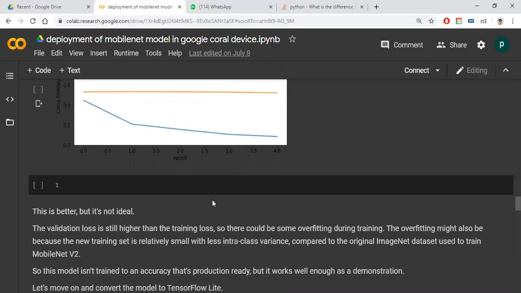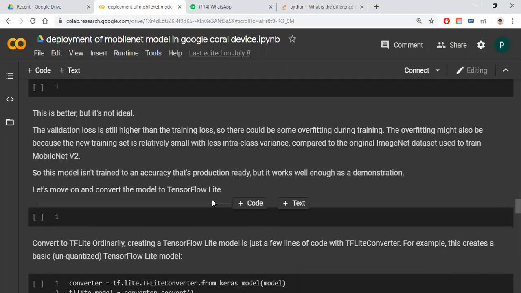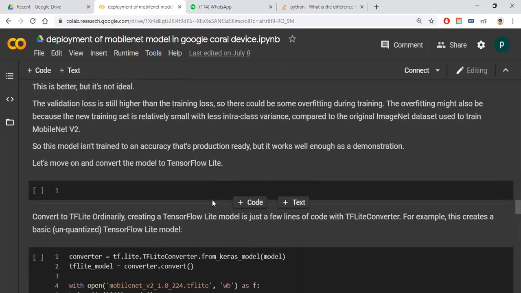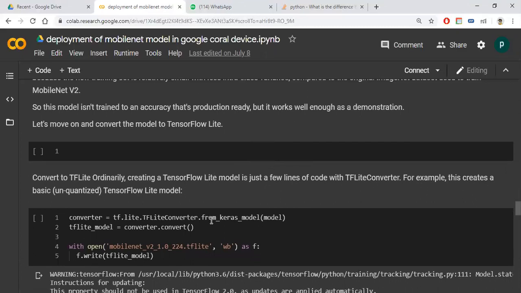Next, this is the important thing. If you want to deploy any code onto edge devices, we need to convert the model into TF Lite. Then the model size will be reduced. So this is the code to convert the model into TF Lite, using tf.lite.TFLiteConverter from Keras model.